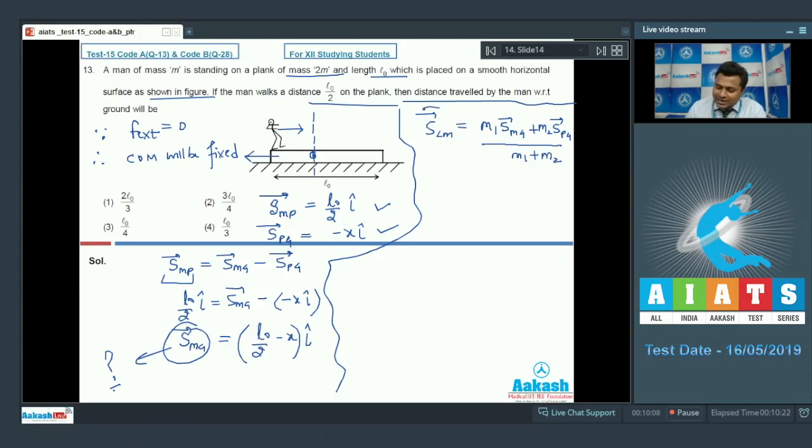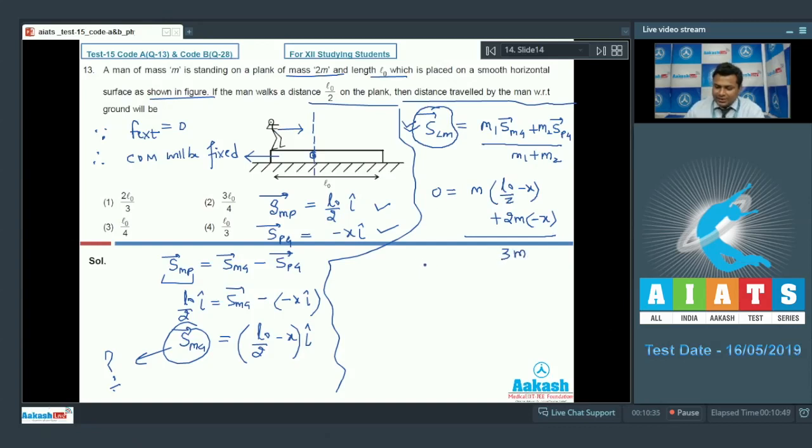Putting the values, the system is not displacing, it is at its place, so displacement of center of mass will be 0, equals m1 is m, S_MG is L0 by 2 minus x, plus m2 is 2m, and it is moving left, so therefore minus x, whole divided by total mass, that is